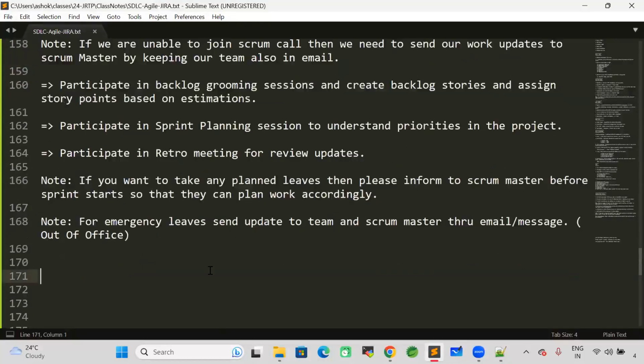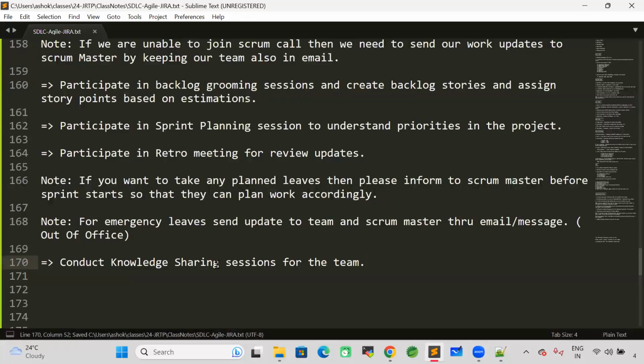And conduct knowledge sharing sessions for the team. This is the most important thing, guys. Conduct knowledge sharing sessions for the team. Sir, what is the meaning of knowledge sharing sessions for the team? Knowledge sharing is nothing but